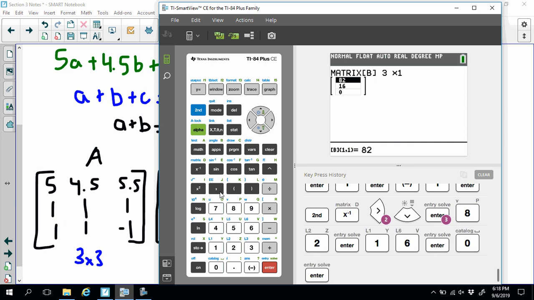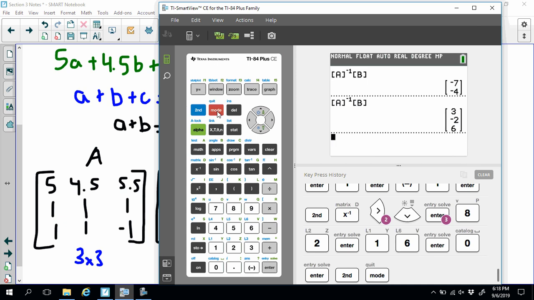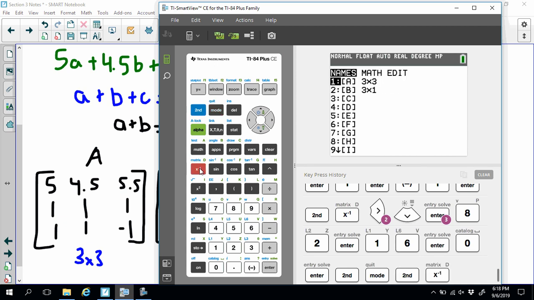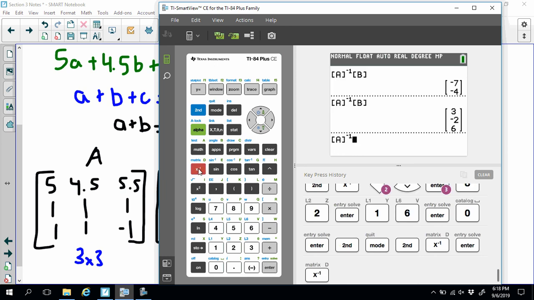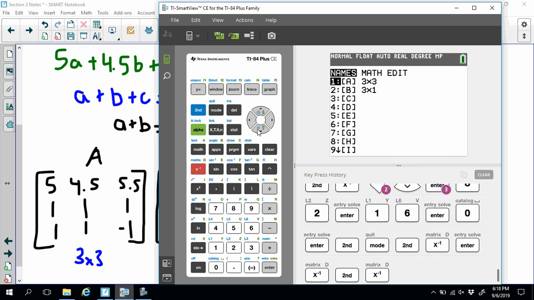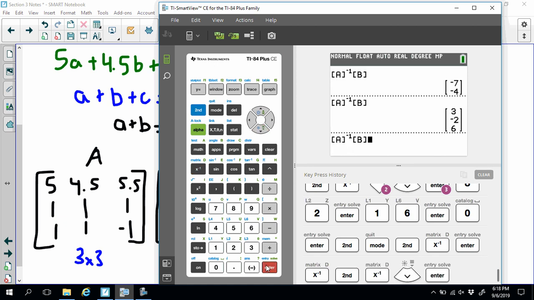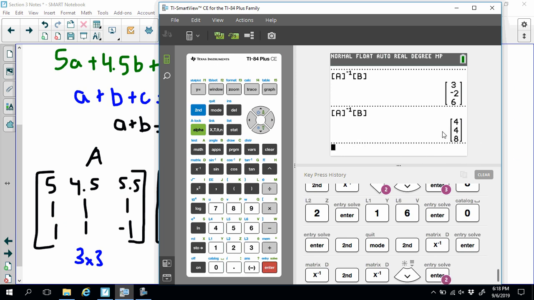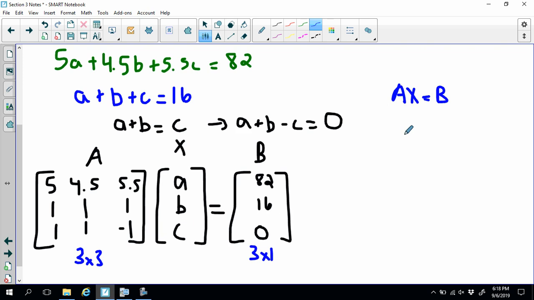Okay, now we do our equation. I go to second mode so I can go back to the main screen. And I'm going to do second inverse. I want my A matrix first, and then I do the inverse key. Then I do second inverse, scroll down to my B, and press. Once I've done that, I press enter. And I get these values. So I have 4, 4, and 8. So we have X equals A inverse times B, in which X equals 4, 4,